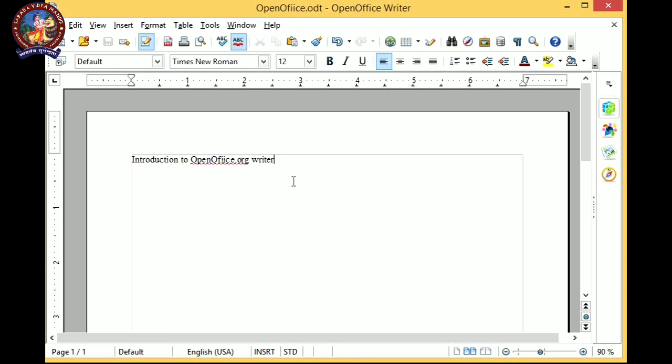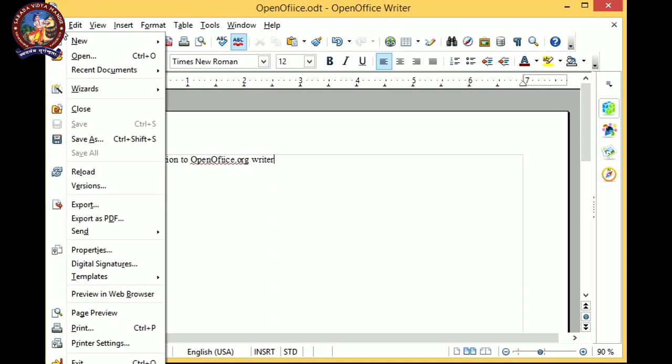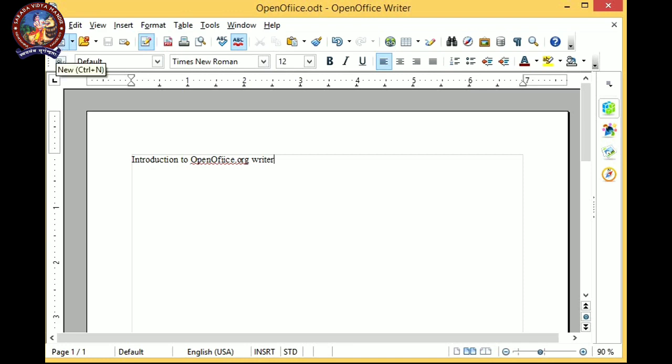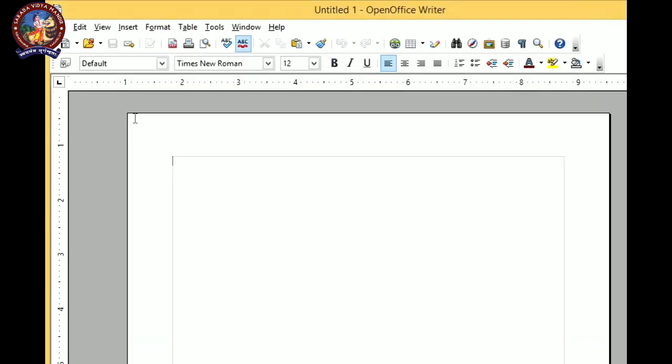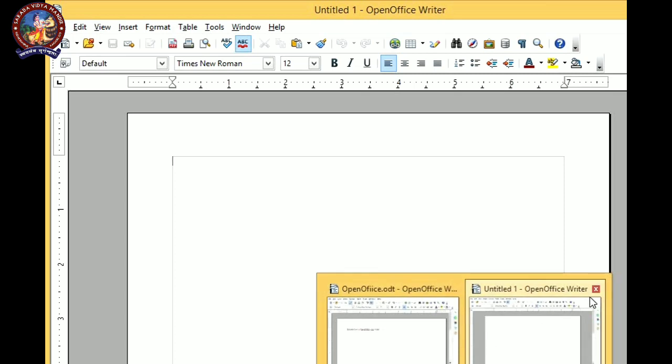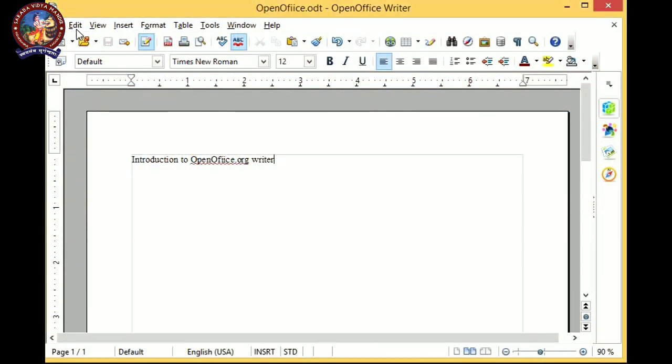To open a new file, go to File, click on New, or you may click on the New option from here, or you may press Control N. Then a new window opens. There you can see Untitled 1. We do not need this, close it. So this is how we can create a new document.